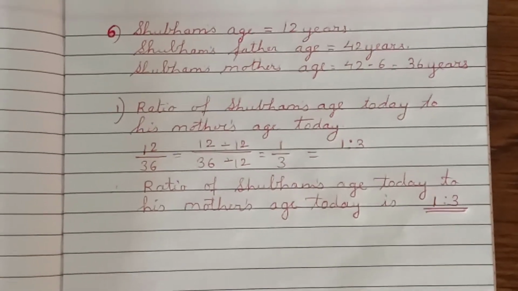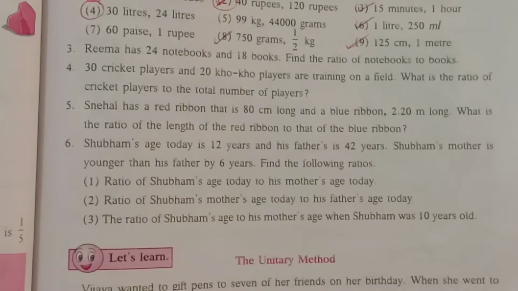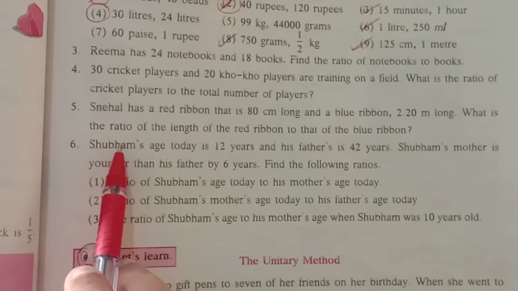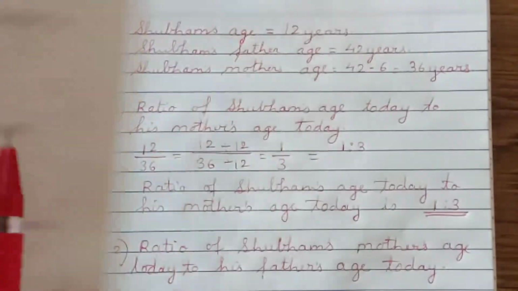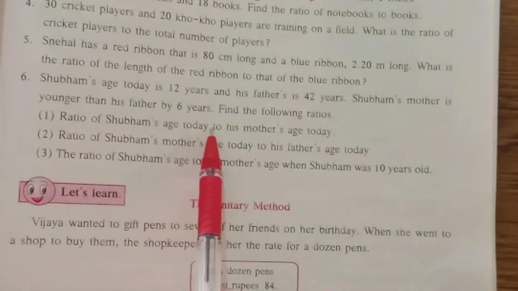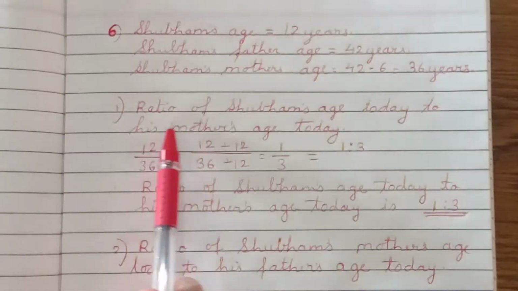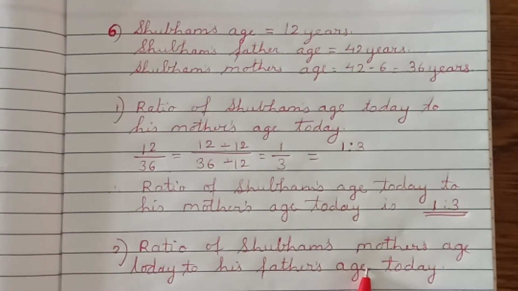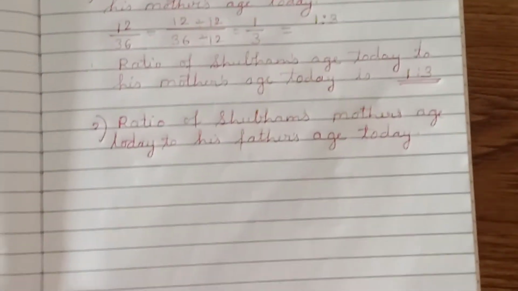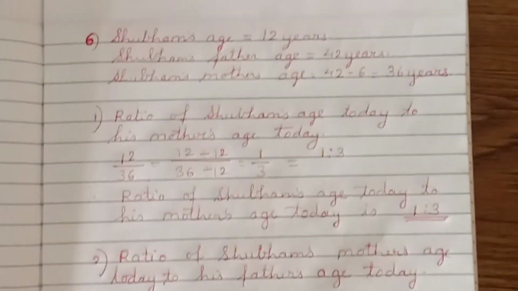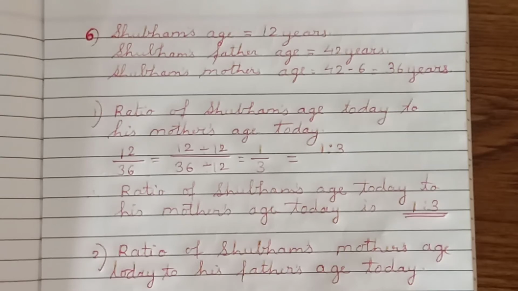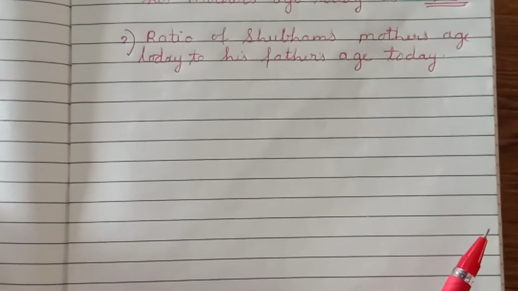Now, second thing. So now I will first tell you how to write this question and solution in CW. Okay, see, write this question, this much part, and then start solving. Okay, because question 1, what is that ratio of Shubham's age to his mother's age, I have written that. Yes, then question 2 we have written, and now we will solve that question 2. Okay, understood how to write in CW? Now I'll just take up. If you want, first you can take screenshot of this, so that you can write the first part. Now I'll shift little bit up and we'll solve the sum.